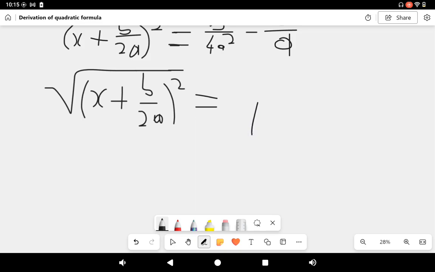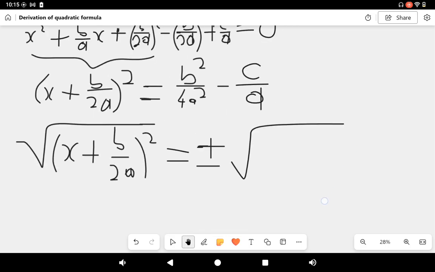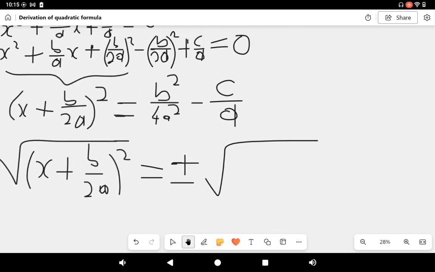Now, because of this x here, it's an unknown variable, right? And then we have a square, and square rooting an x squared, remember you have to get a plus or minus. So on this side I have to get a plus or minus of this entire right hand side. Okay, which is, if I simplify those two fractions, what I'm gonna get